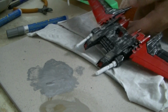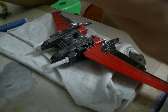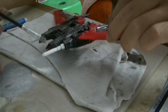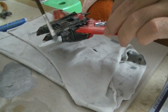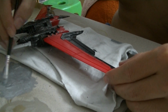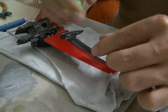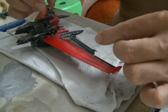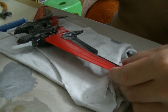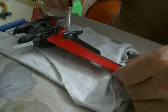And also when it comes to professional modelers, they tend to use the cement. Cement is something that melts the plastic together. You can see the lightsaber here. There is a mini gap. To professional modelers, this is going to be like, I need to get rid of that. So they take the thinner, which is a solution to melt the plastic, and they apply it on that area, and they push it together and wait for a few minutes, and it will be stuck together as if it's one piece. So you can do that as well to make your mobile suit even more